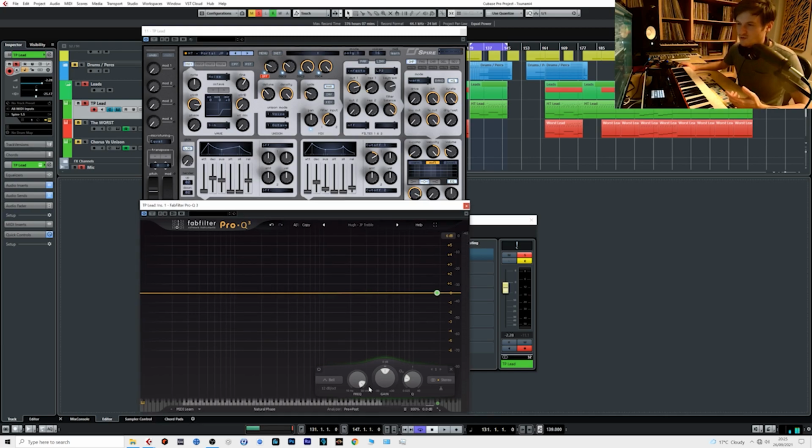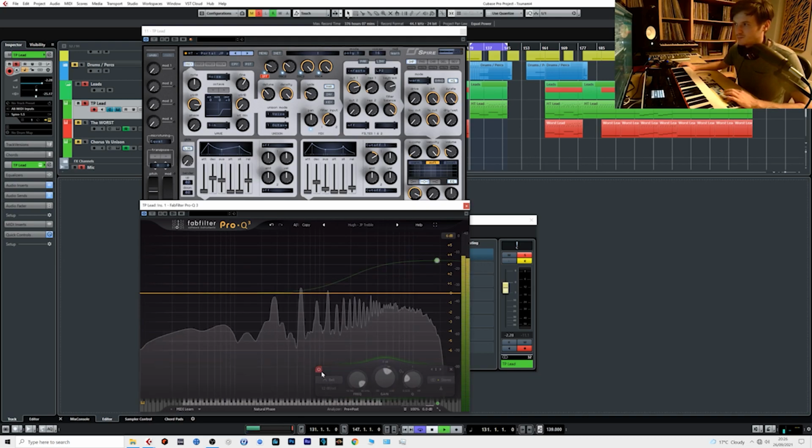So the lesson to be taken from it is that it's a broad EQ, like that. If we listen to this without, and then flip it on,